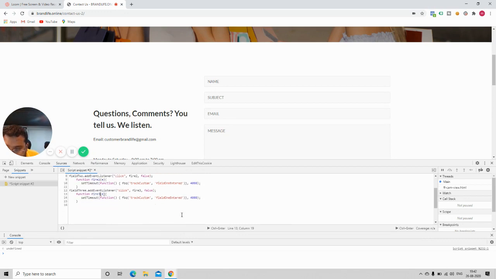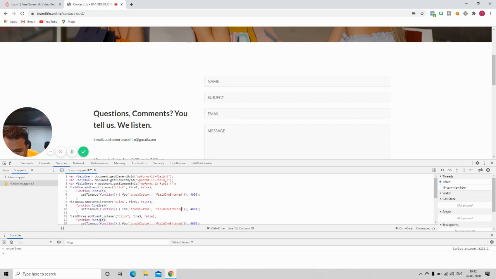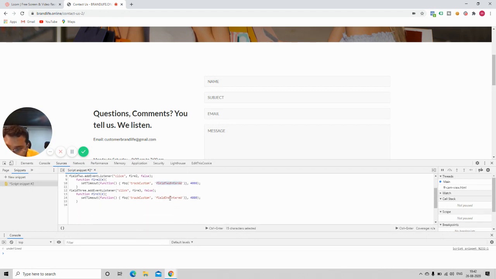In trackCustom, here I'm sending field one entered, here I will say field two entered, and field three entered.